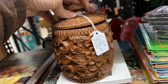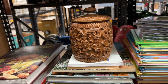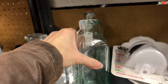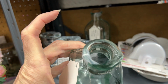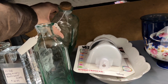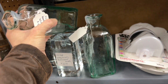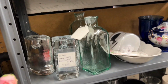No matter how I put it, it would not go shut. Doesn't really matter, but it matters at the same time. So I got on Amazon last night and kind of looked for stoppers so I could put my dish soap in something. This one kind of has a spout, but I like the shape and coloring of the bottle. It kind of has the aqua. And then I could just buy, there goes that cork. I could just buy a stopper for these,